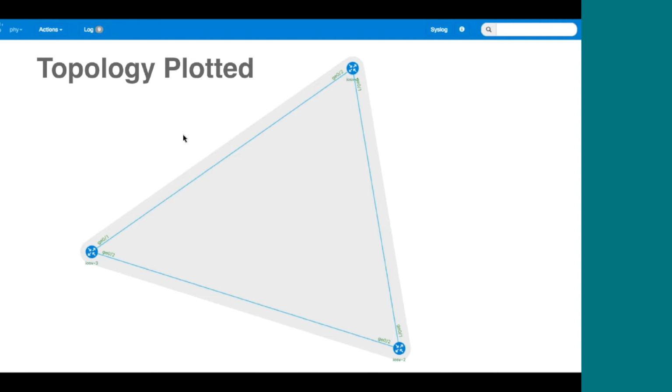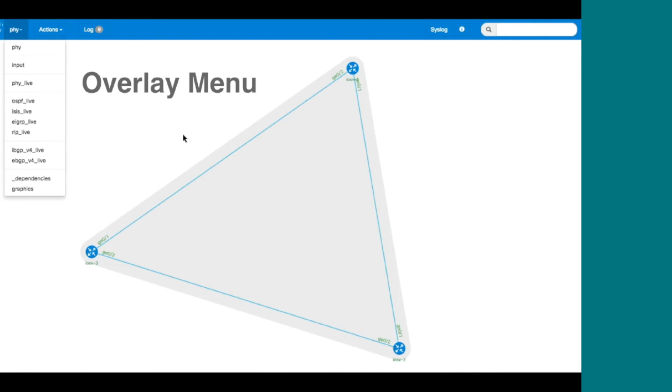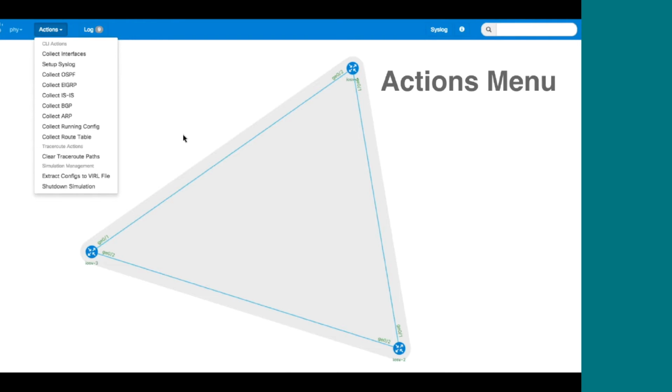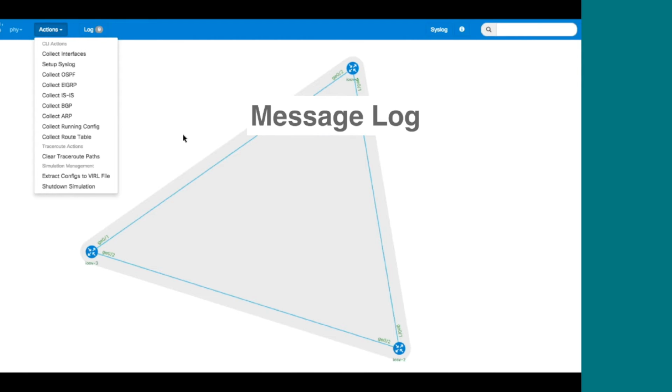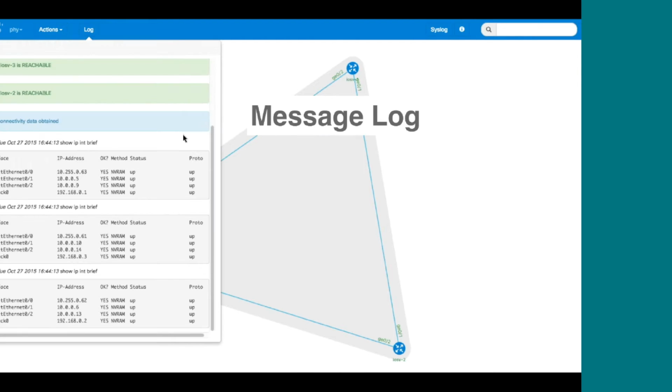So we've got the basic plot of the topology. I'm just going to run through some of the key elements that we've got in the user interface here, and then later on I'll run through the actual features that use those elements. So we've got the ability in the overlay menu to select one of the overlay graphs, and I'll show this right at the end of this piece, what the various overlays that we can use are. We've got some actions here, so this is running commands across the network and collecting various pieces and plotting various pieces. We've got the logs, so these are showing what's going on, whether a node status has changed or whether